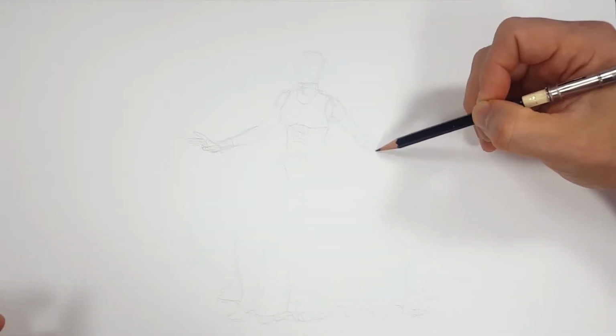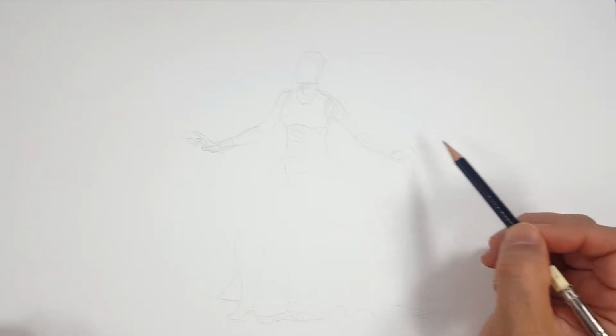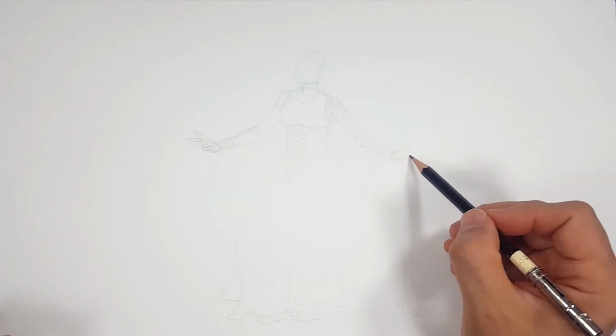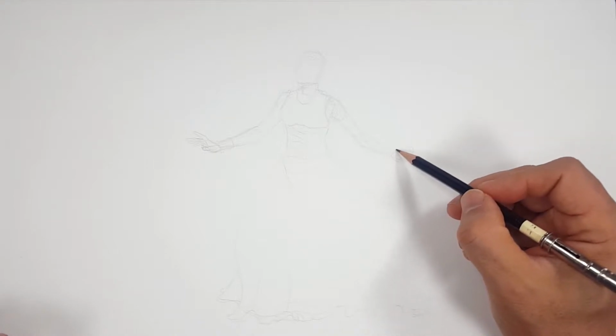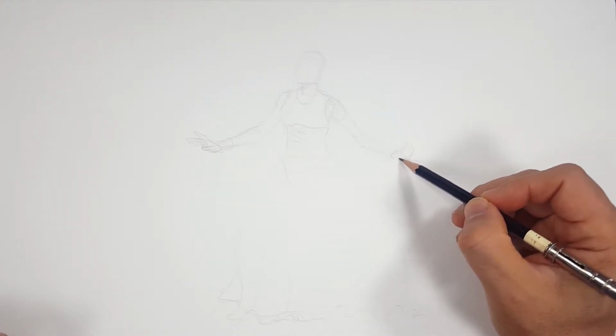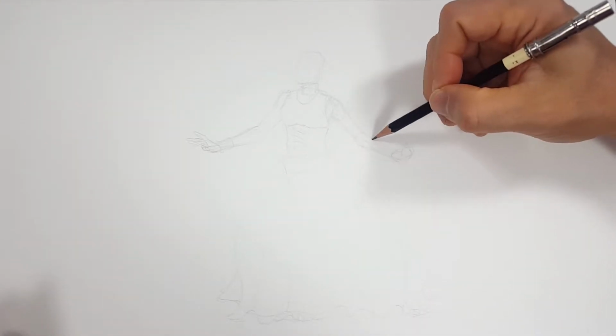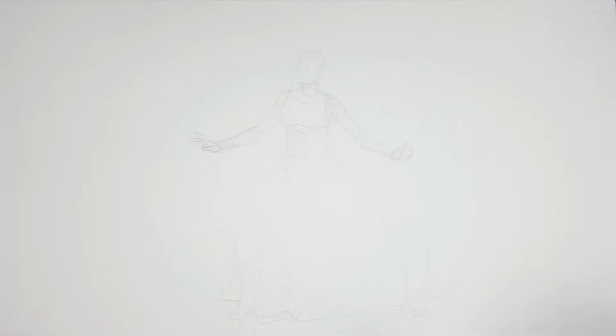And so same thing here. Let's see, what can I do for this hand? Kind of want to do the same thing, so we're gonna raise it up. And again, I'm just gonna see if I can make this on the fly. Usually I sketch these out ahead of time just to kind of look. Let me see if I can do this. Let me see if I can see in the...